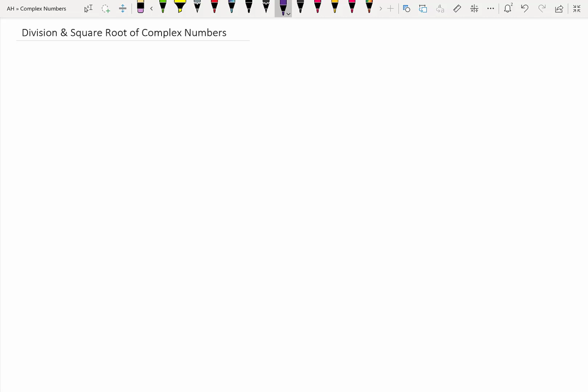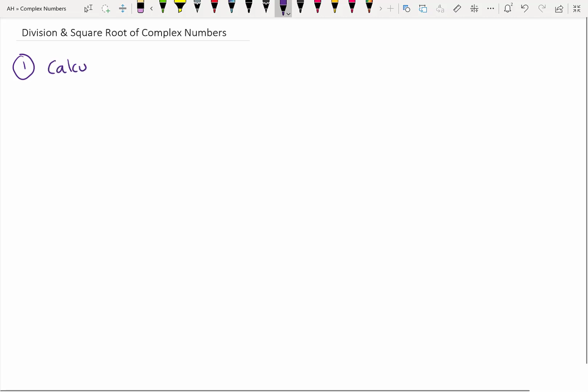Okay, so when we're dealing with complex numbers, we may ask you to divide them, or we might ask you to find the square roots of them. So, first one, let's calculate 3 plus 4i divided by 3 plus 2i. Okay, so what we're going to do here to help us is we're going to use